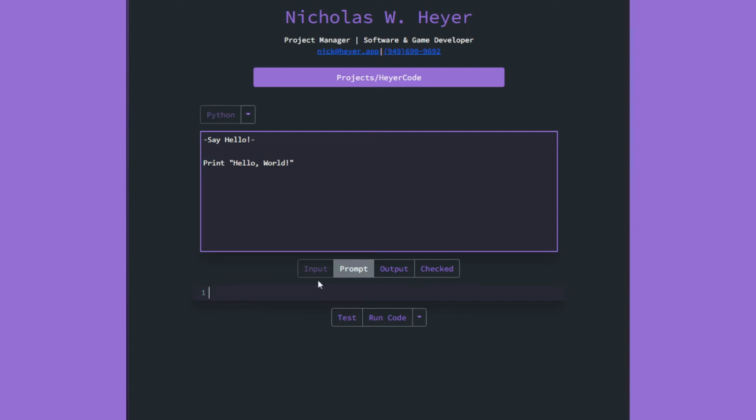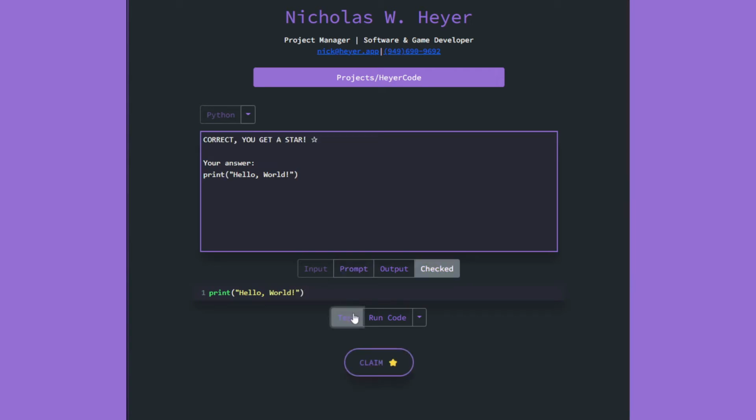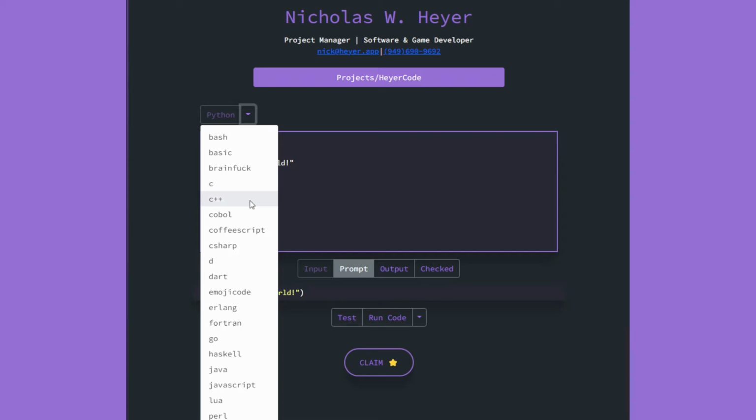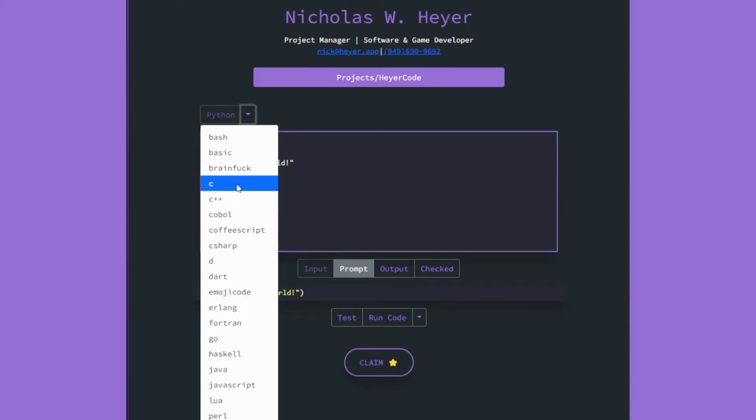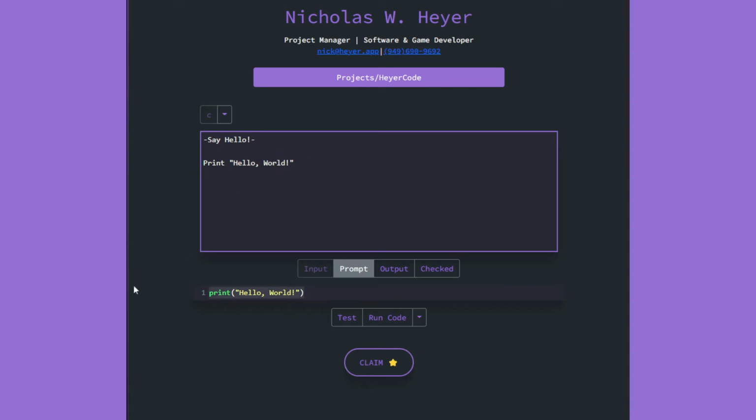HeyerCode is hosted via AWS on an EC2 instance that was previously being used to host a static portfolio site, as well as a few Discord bots. It's highly scalable and easily accessible from anywhere in the world. HeyerCode is built into a subdomain of my portfolio site, heyer.app. The backend of HeyerCode is also the backend of HeyerApp. While it may seem pretentious to use my last name as a naming convention, it's simply because I like the way it sounds.